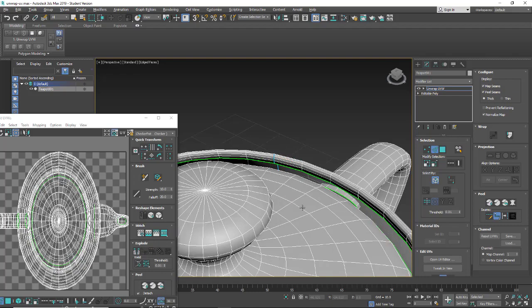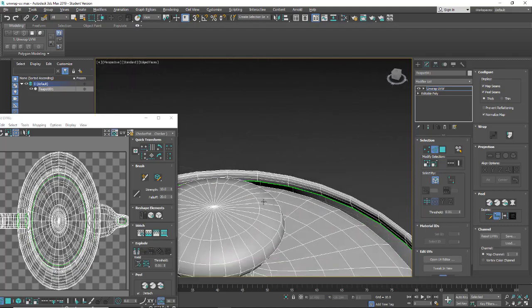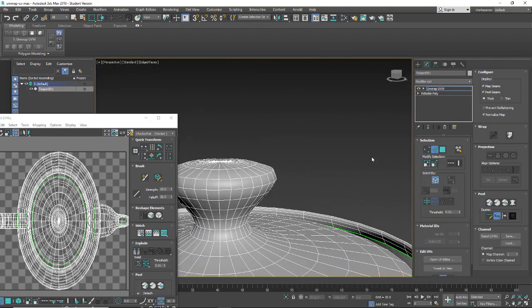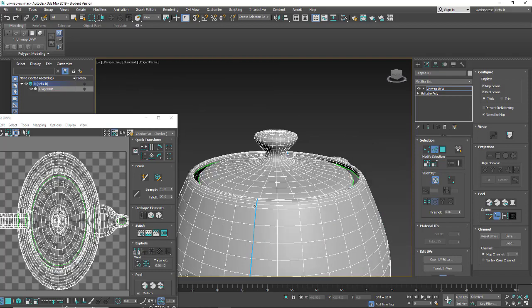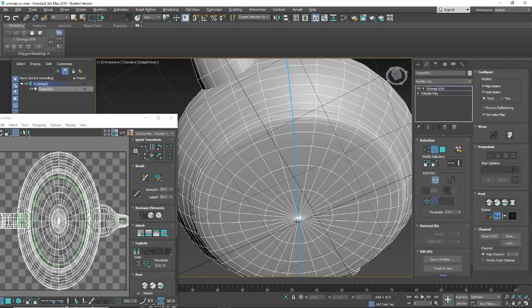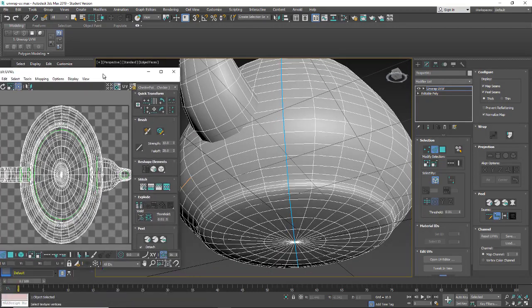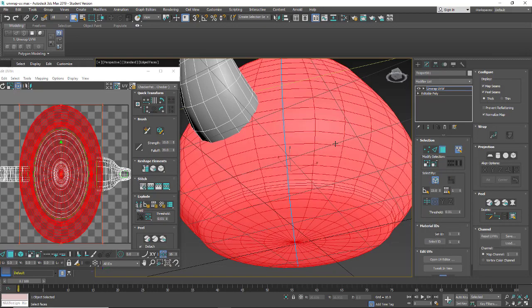So I just want to make sure we have all the way down to both sides. And now we can click to convert selection to a seam. So I do have a display issue with my computer, and the issue is it doesn't change color. It should, but it really doesn't. So I'm going to go ahead and grab polygons, go by element, and click